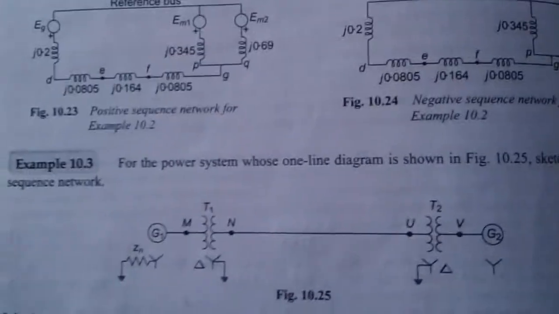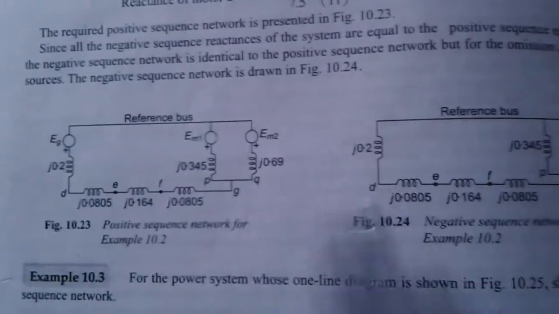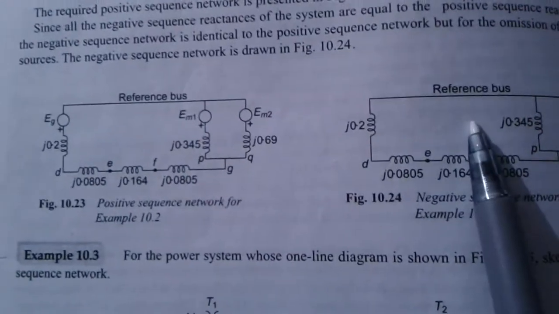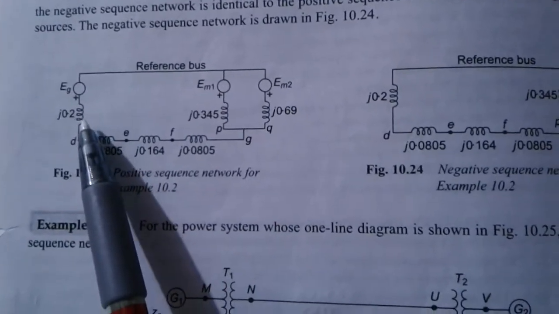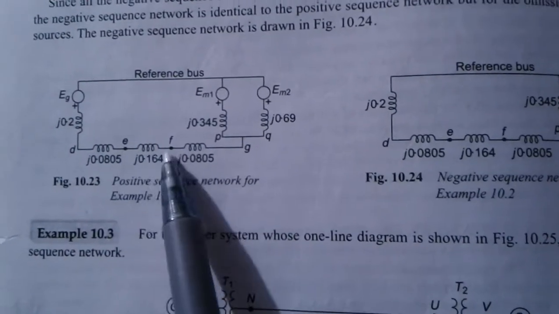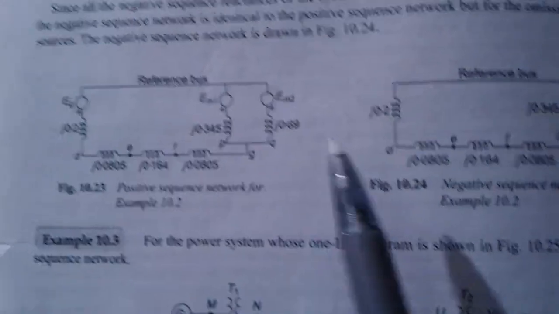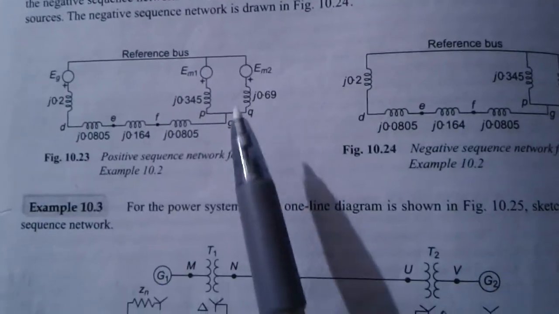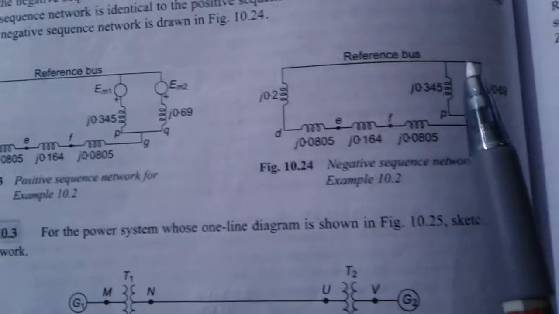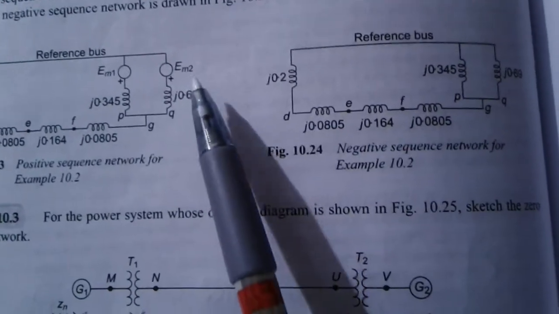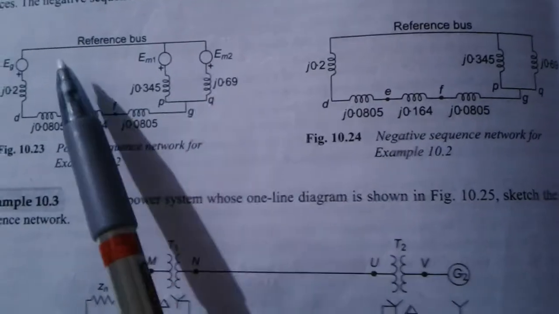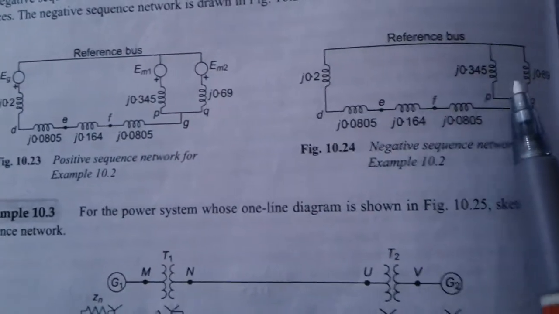We have to find two values, the positive sequence and the negative sequence. For that we have to find the reactance of the generator, transformer, transmission line and motors, and afterwards find the values for this, and thus the negative. For the negative sequence we have to remove the EMF, and directly write this.